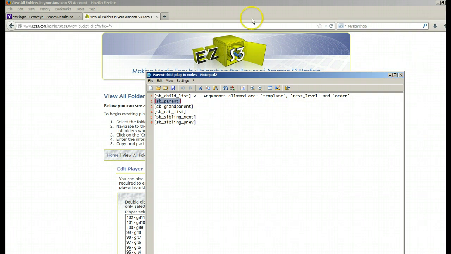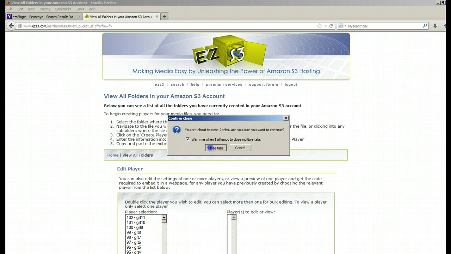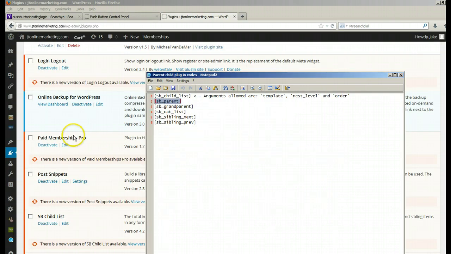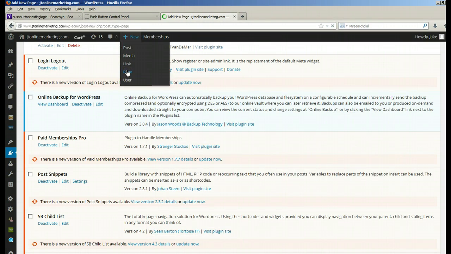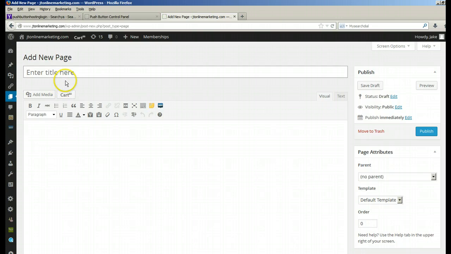I'm just going to get rid of that stuff behind us, and we're back onto there. So we've basically got these simple codes that we put onto our pages that we create, and I'll show you how we're going to do that in a second. So we're going to create a new page on the site, and first of all, the first one for the Get Response series is actually called Welcome,